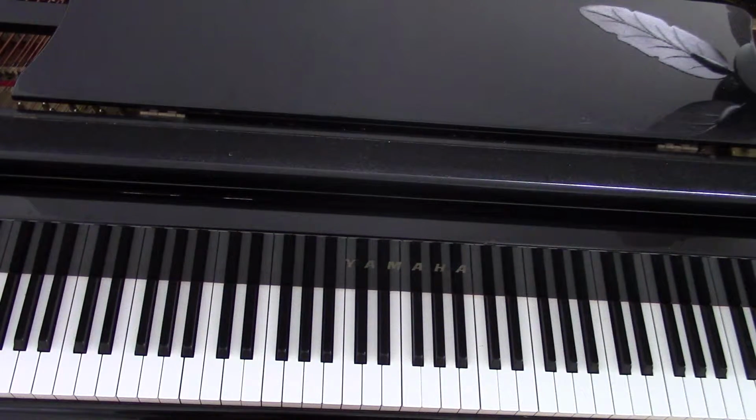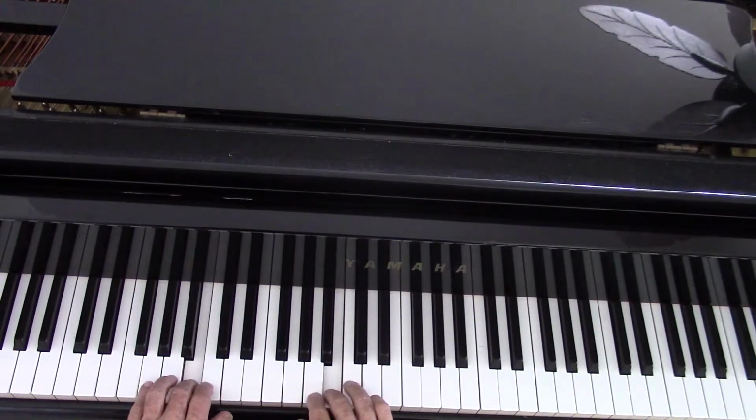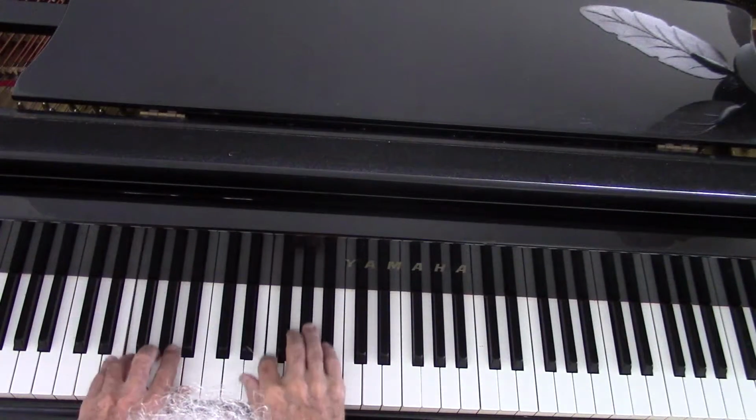So that's a possibility. You can do it only once if you want to. If you're getting pretty good at this, you don't need to practice the scale 2 times through. Do it once. 1, 2, 1, 2, 1, 2, 1, 2, 1,